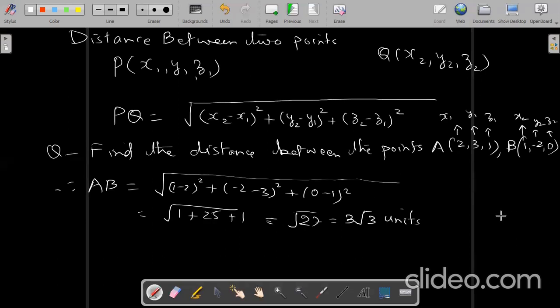If 3 points are in the space, any 3 points, one point is here, one point is somewhere else, and if you join these 3 points, the figure will be a triangle. So here also we can consider 2D figures: triangle, rectangle, parallelogram, all quadrilaterals. So now we have the application of this distance formula and some questions on it,